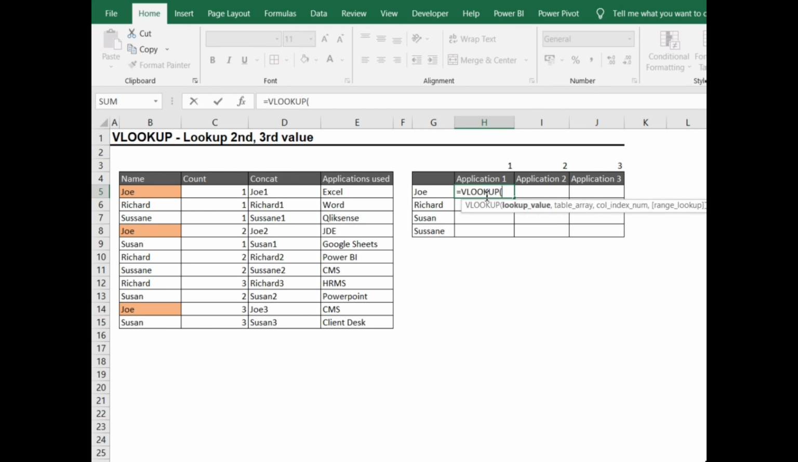So what do we want to look up? We want to look up two things, Joe and 1. So for that we'll again use the concat. So Joe, I'll press F4 to lock the column because we'll be dragging this formula. So for column lock, we need to apply a $ sign before G and 1. So we need to lock this row here. So again, I'll press F4. F4, F4, so it is locked,